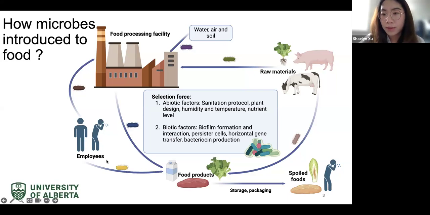For example, some plant endophytes naturally colonize plant tissues and can be transferred over to the food products. Some human-related bacteria, such as Staphylococcus aureus, can be introduced by improper human handling and further contaminate the food products. The microbes resident in the raw materials can also be introduced to the food processing facility, and then they start to colonize the equipment surfaces and stay as a resident microbiota in the processing facility. Those resident microbiota serve as